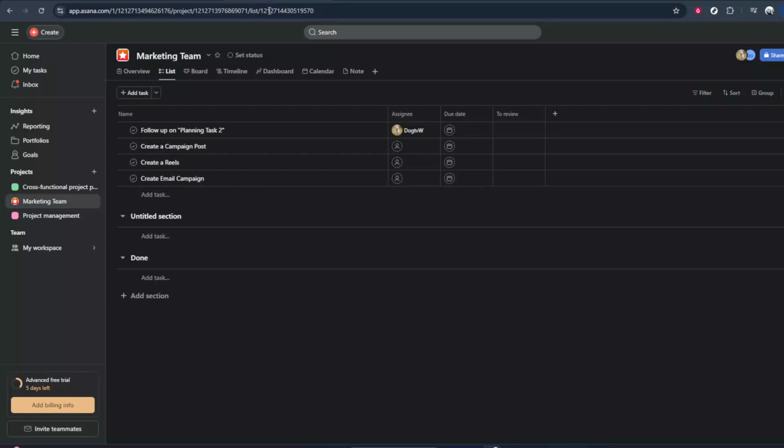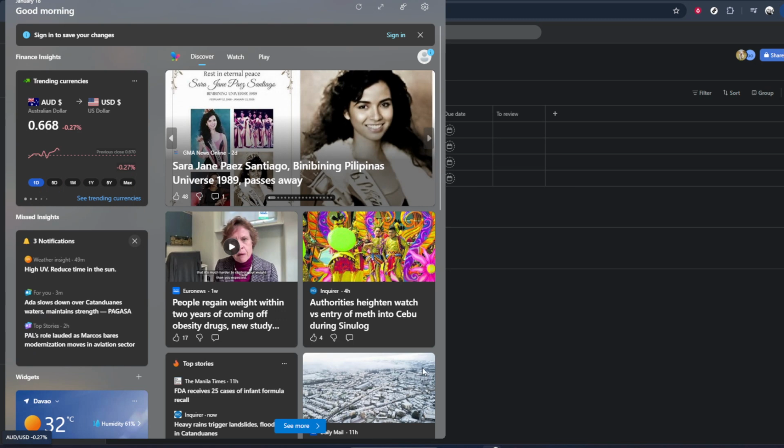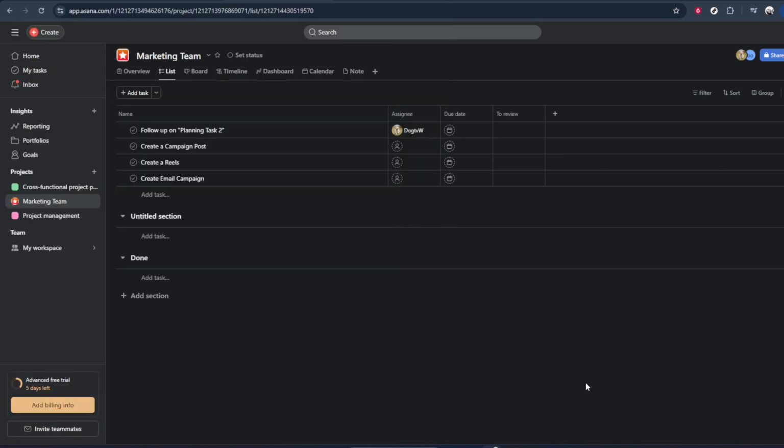In today's video, I'm going to teach you how to use a custom field in Asana. Custom fields are a powerful way to tailor Asana to match the way your team actually works, instead of being limited to just the default columns and details. By the end of this walkthrough, you'll know exactly how to create a custom field and get it ready for